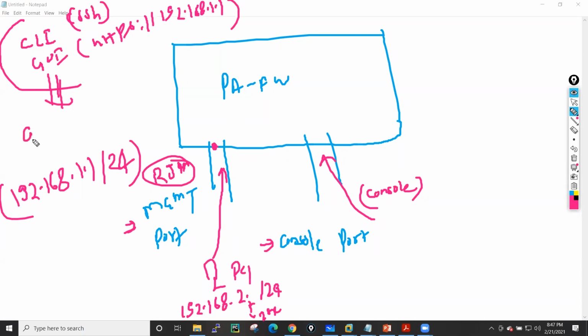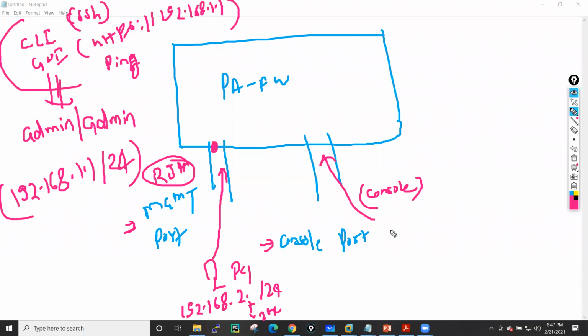The default username in your Palo Alto firewall is admin, and the default password is also admin. By default, on this management port, SSH, HTTPS, and ping, these three services are enabled. This means you can ping the management port, you can SSH to it, and you can also access it using the HTTPS protocol.